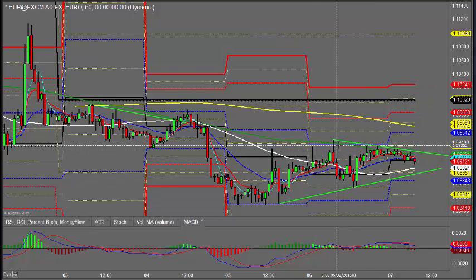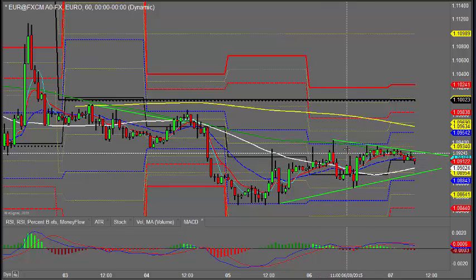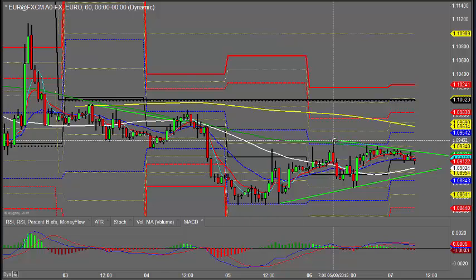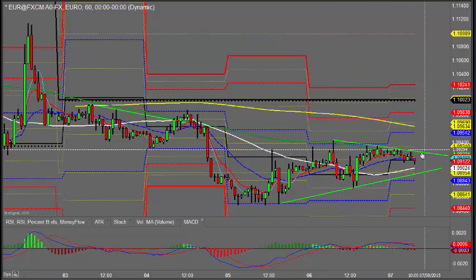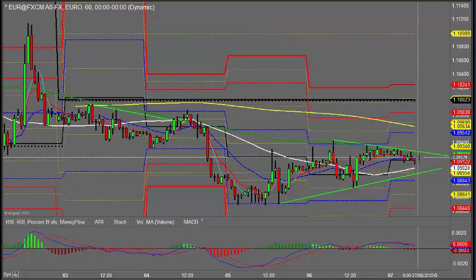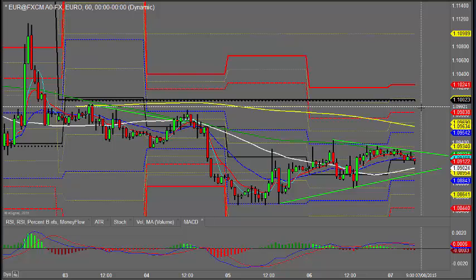We've not quite confirmed higher. I suppose we had a higher low prior, and certainly put a higher high in there, just. But whether or not we can confirm and continue in this manner is another matter. If we can break this upper trend line this morning, maybe we'll push up towards the R1 area, and maybe that gives us a better chance, with any poor jobs reports in the US,